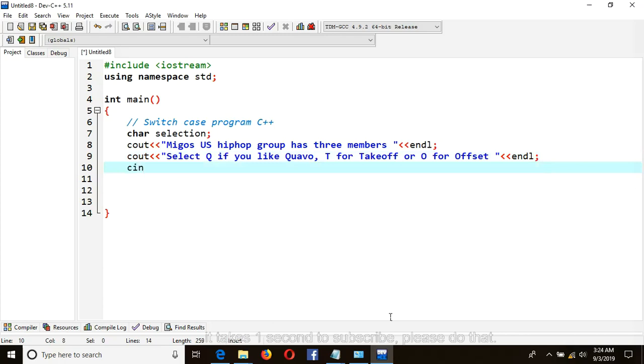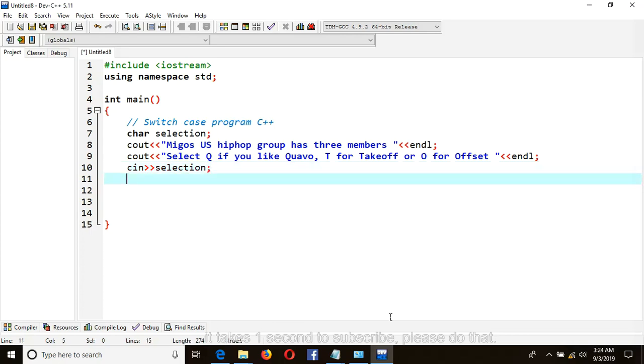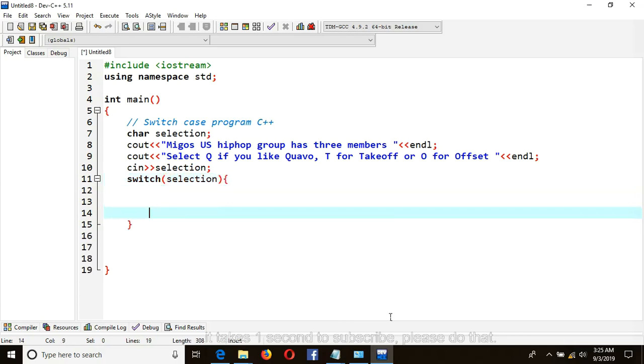Cin, selection entered by user using keyboard. So switch, start your switch case, put variable holding selection from user, switch selection, put your code. So case Q,